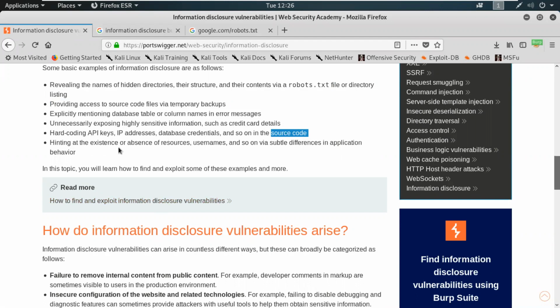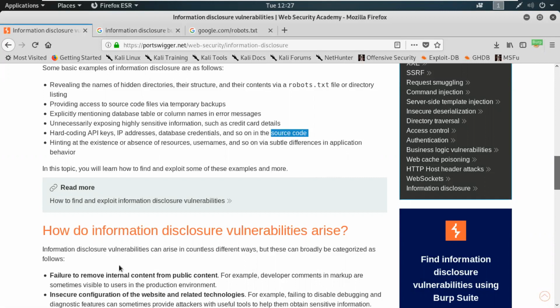Hinting at the existence or absence of resources, such as usernames, through subtle differences in behavior. So it's all about the behavior of the application that could be used for sensitive exposure. The most important thing here is to find the sensitive information that could be critical from the attacker's point of view.